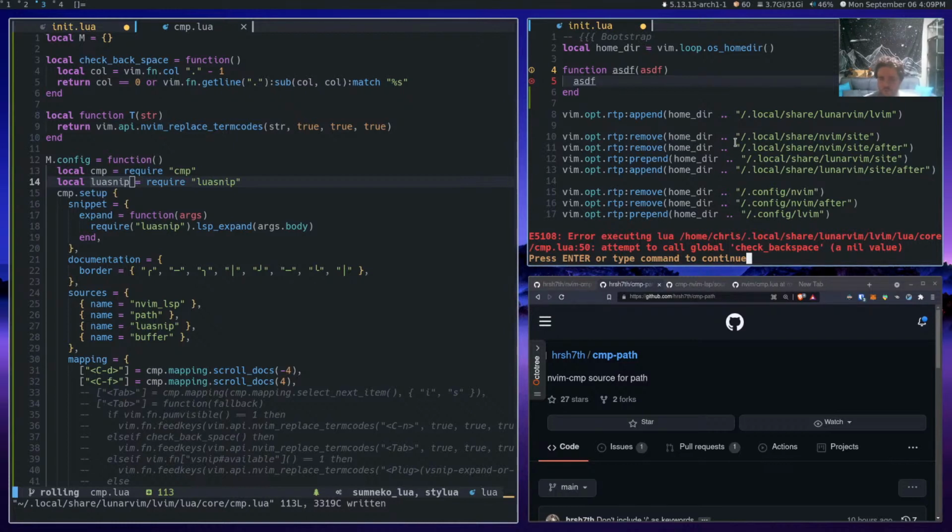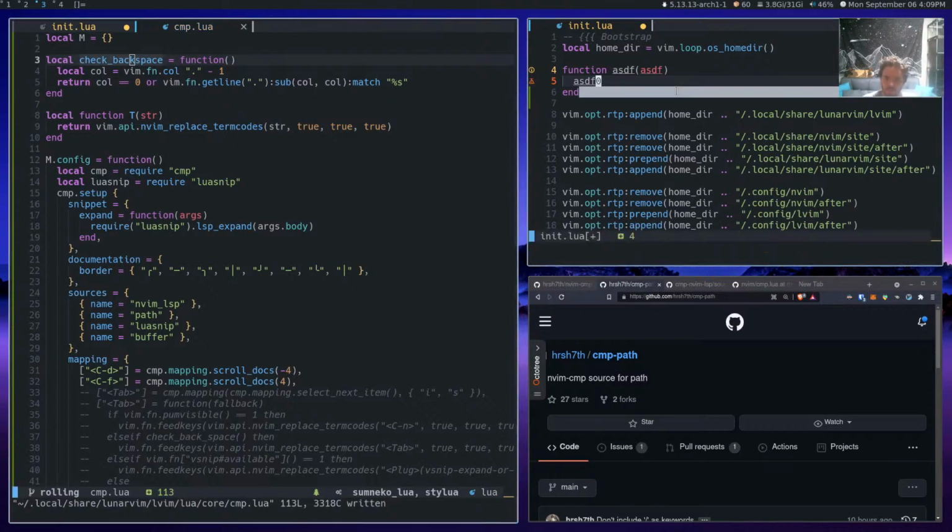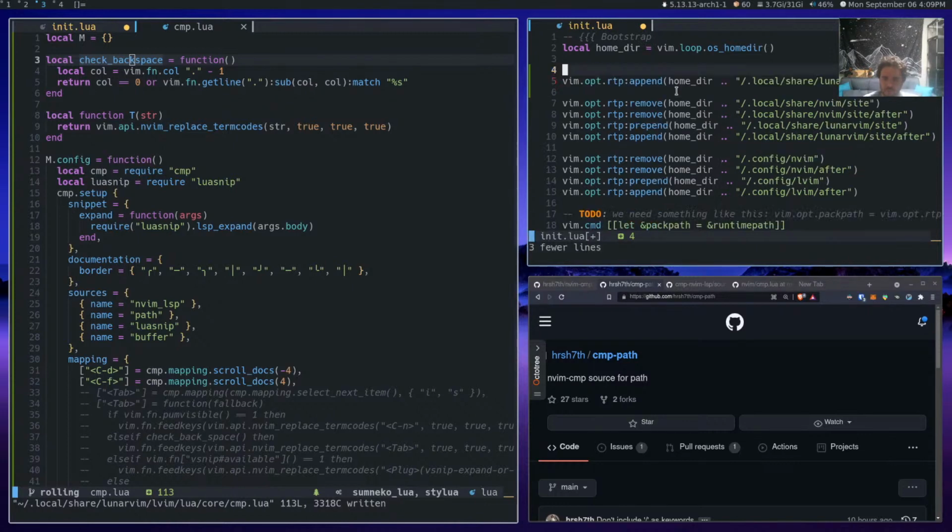Lua core CMP 50, attempt to call global check backspace. Okay, maybe check backspace is, that's because this is named differently? Yeah. So if we do this, wow.